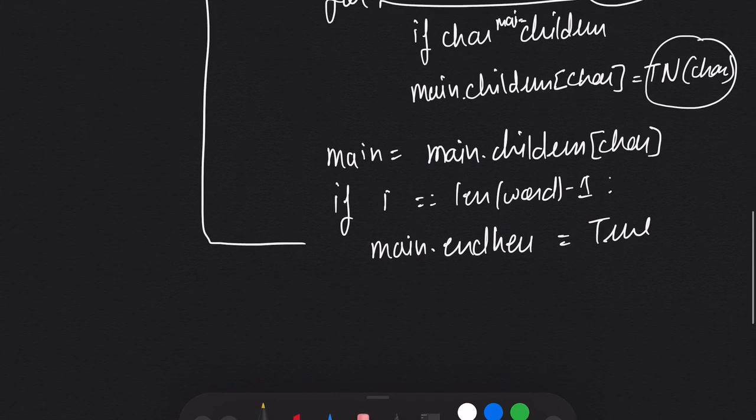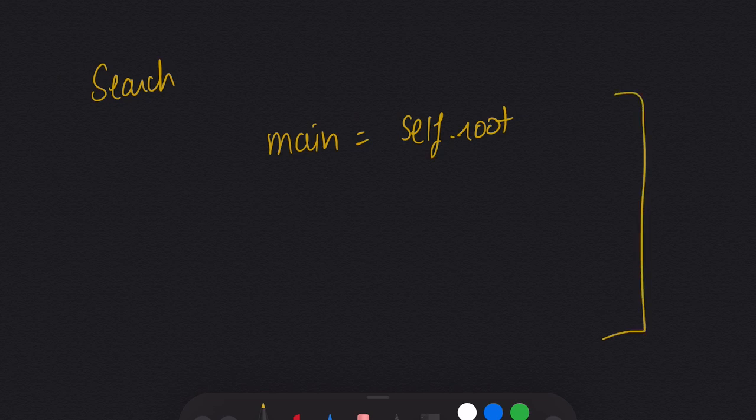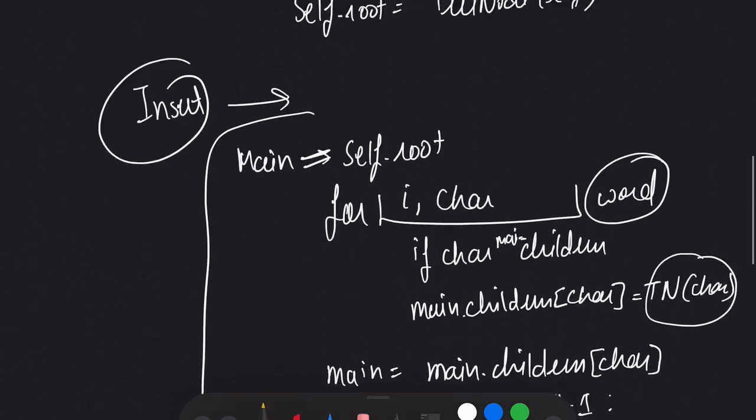So this was our insert function. So let's look for our search. So again, I am going to make a main which will be equal to self.root. And before we write the syntax or the code, let's move to the example and let's see how we're going to